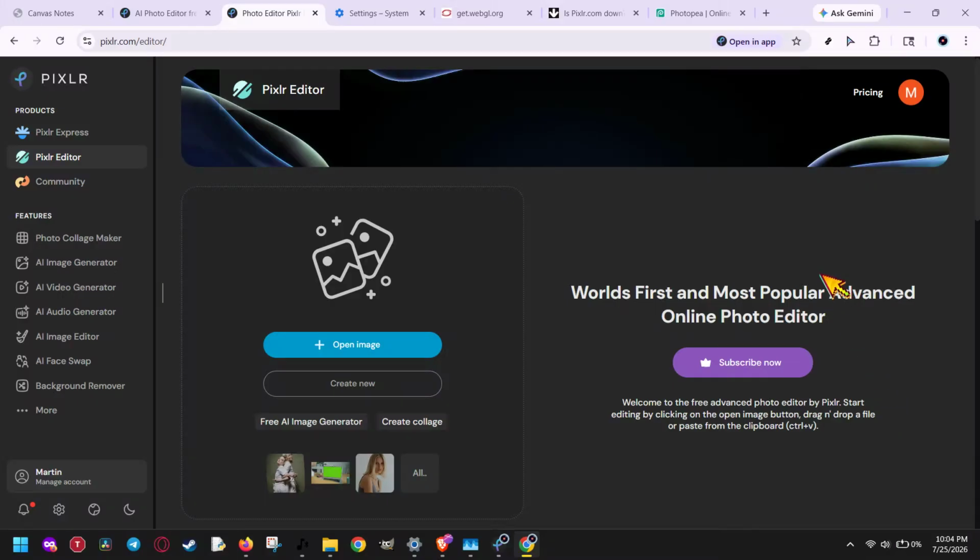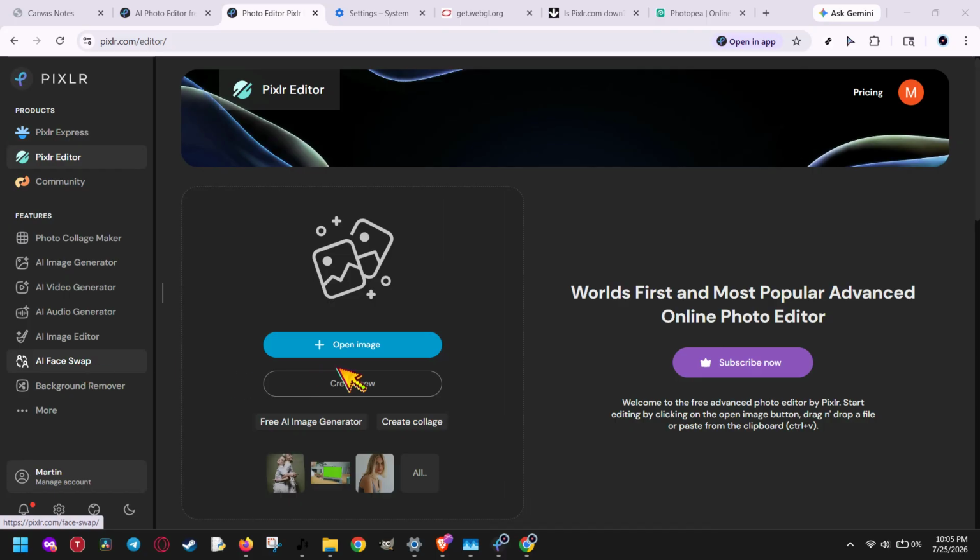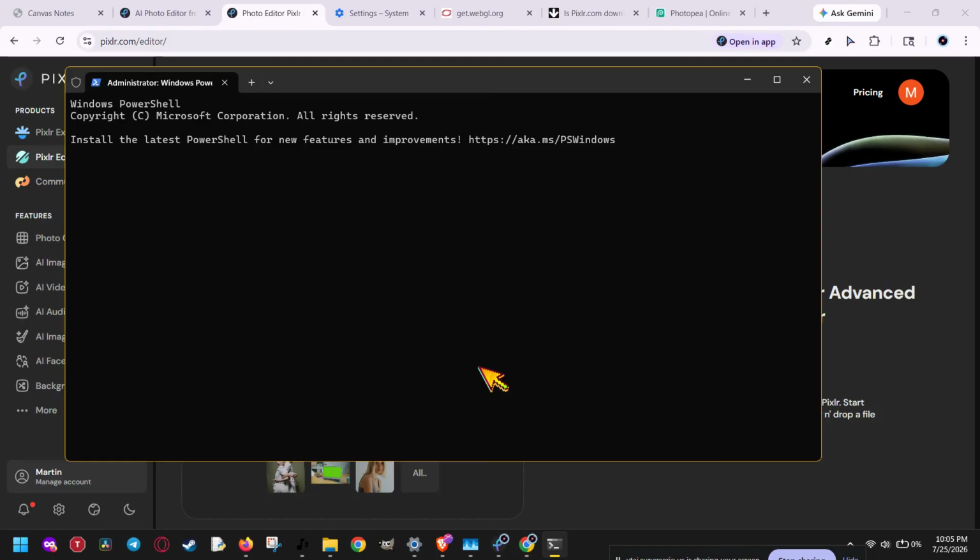Now, if Pixlr is up, Incognito didn't help, and the problem is still happening, your local browser or network data may be corrupted. The next step is to flush your DNS cache. Think of DNS like your internet phone book. If it stores old or broken data, your browser may struggle to reach Pixlr correctly. On Windows, press Win and R, type CMD and press Enter to open command prompt. Then type ipconfig /flushdns and press Enter. If it works, Windows will clear the DNS cache and rebuild it the next time you